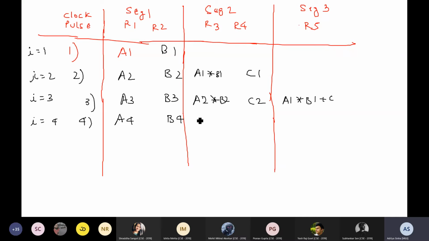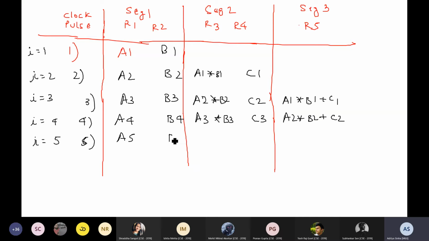Can you fill this for me? Anyone? Can you fill for the segment 2? I4, A3 into B3 and C3. And what will come here? A2 into B2 plus C, sorry, this one is C1, this will be C2. Okay? Then at I equals 5,